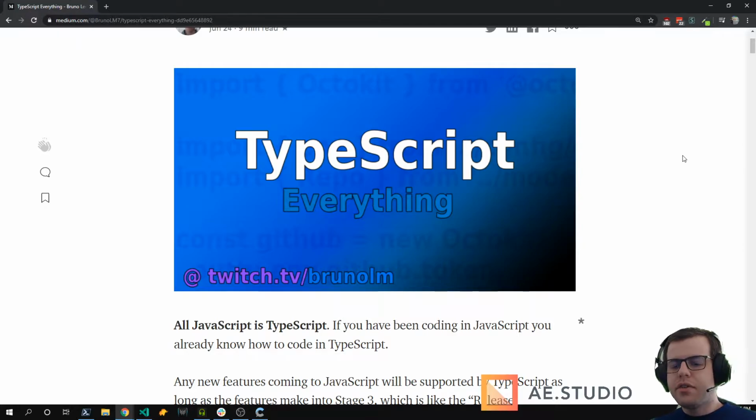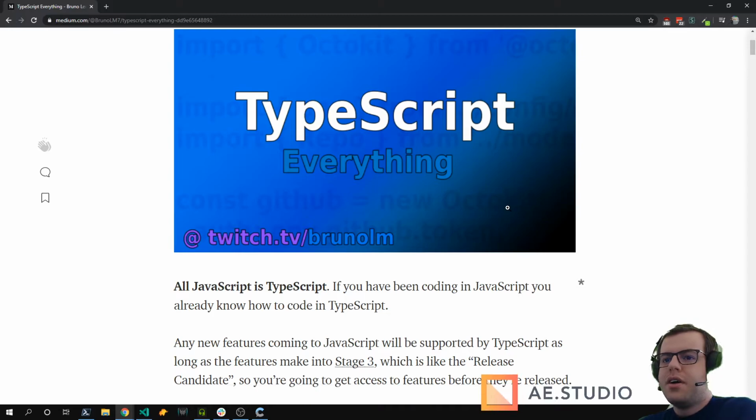So TypeScript is not like CoffeeScript, which is a different syntax that generates JavaScript code for you. It's actually JavaScript code. And TypeScript follows the ECMA standards, so they are never going to create some crazy syntax. They're going to follow what is in the ECMA specification.